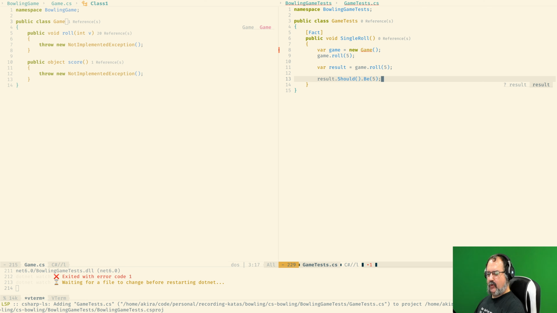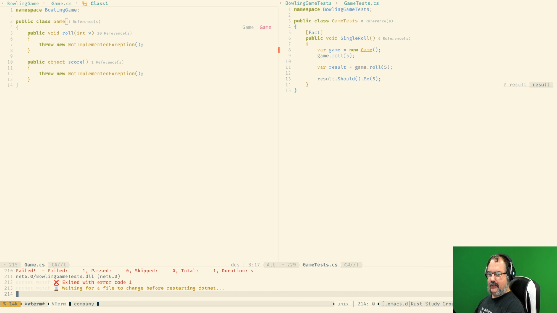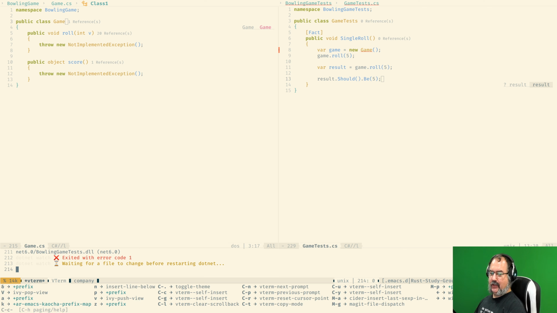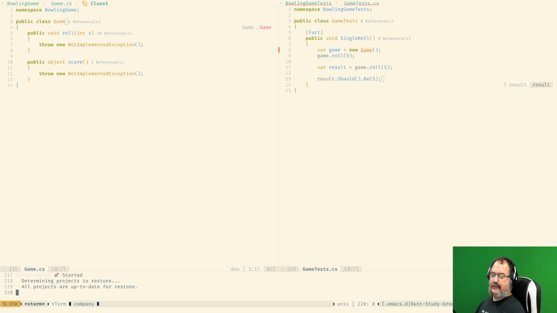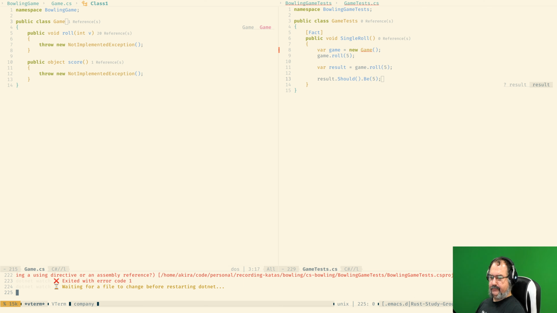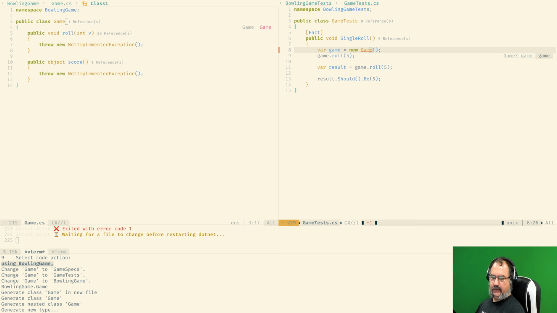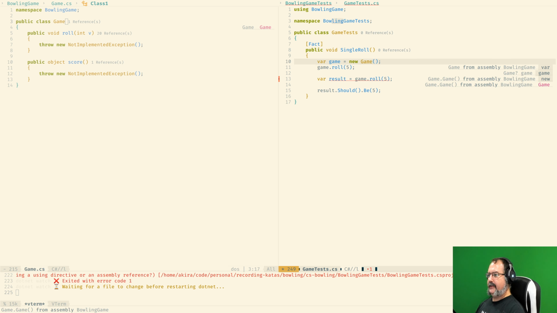Now, interesting, other watchers do it slightly differently, but dotnet watch doesn't pick up the fact that you have new tests available because you have created a new file. So I have to run it again from the start. Oh, yeah. We forgot the using over here.